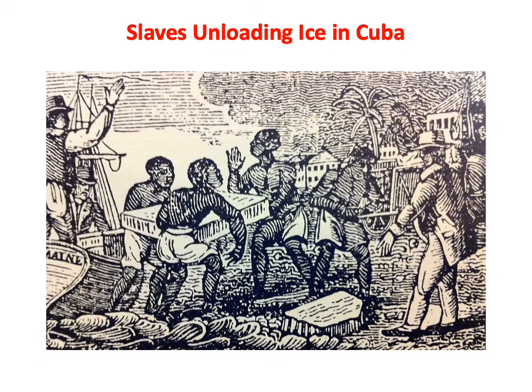Here we have a drawing of slaves unloading the blocks of ice in Cuba, and the blocks of ice would be put in an underground ice house where there would be relatively little melting, and so the wealthier people could have nice ice drinks all summer. I might mention